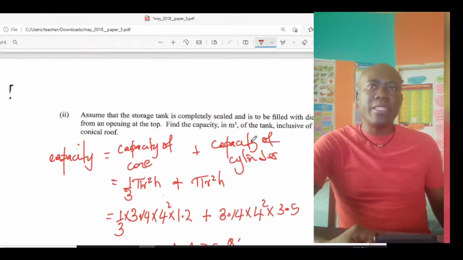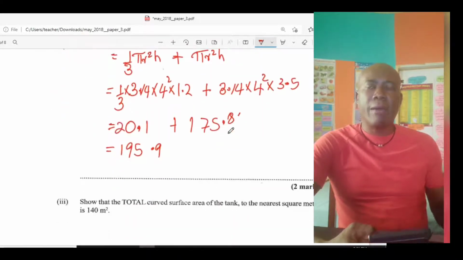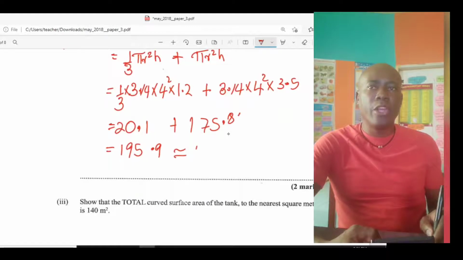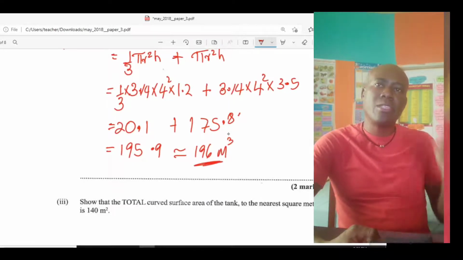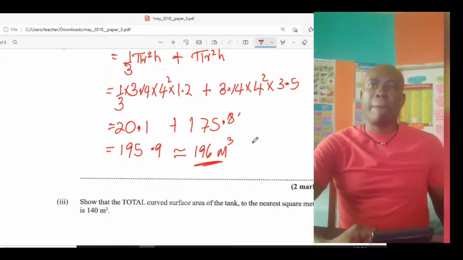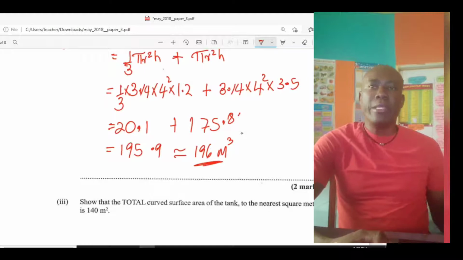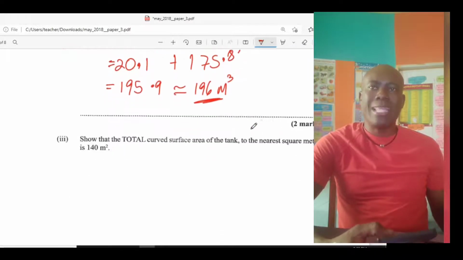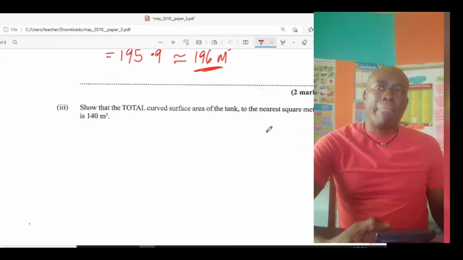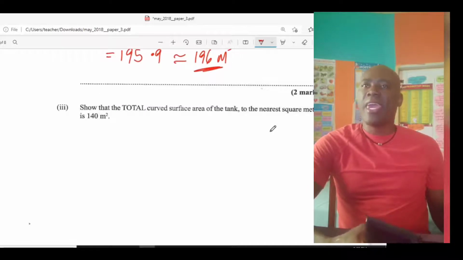Let us look if there's any specific. All right, good. So basically, this is approximately 196 cubic meters. That's what we have right there. Give and take, I'd round off a little when we're going. So basically, that's what we have right now. All right, now show that the total